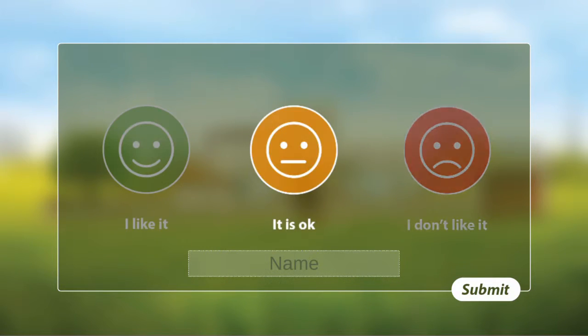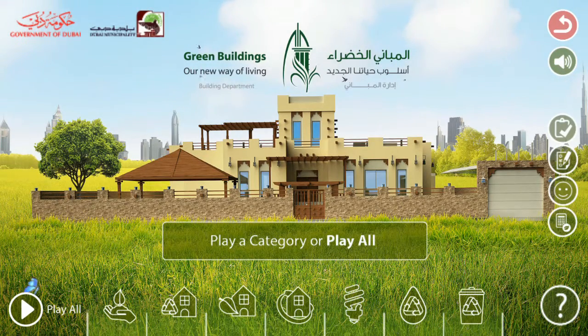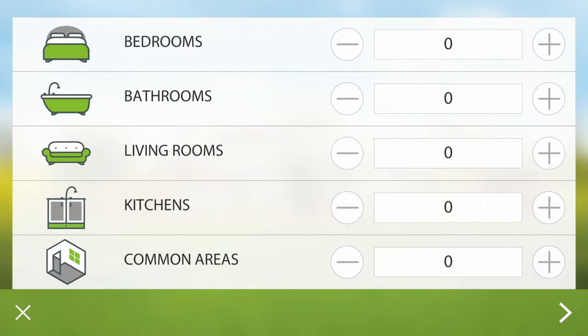if you like the application or not, you rate it. Put a name. Well, I already submitted it. It takes time because it actually just sends it to the database. Now this is the green calculator. Now, the green calculator would